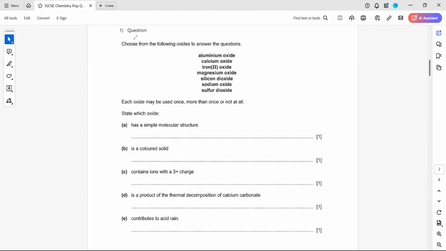In the first question, choose from the following oxides to answer the questions: aluminium oxide, calcium oxide, iron 2 oxide, magnesium oxide, silicon oxide, sodium oxide, and sulfur dioxide. The question is, which has a simple molecular structure? So which of the oxides has a simple molecular structure? The first thing, it cannot be ionic. Why can it not be ionic? Because ionic is having,